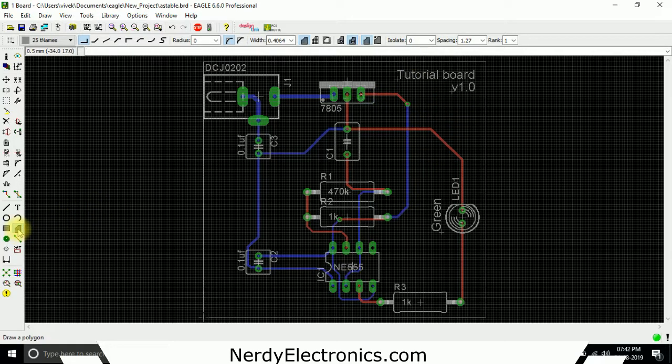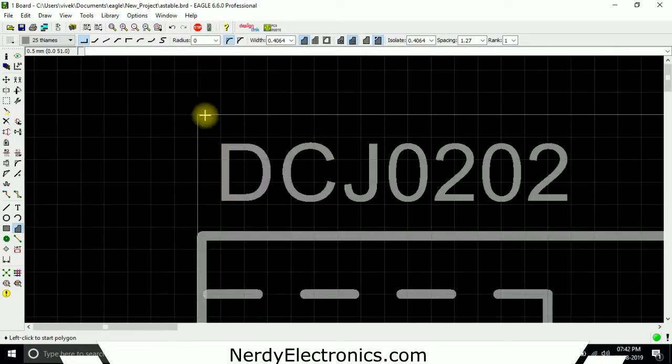We select the polygon tool and here we select orphans. We select to keep orphans. We'll see what this means and we'll set the isolate to 0.4. Now we go up, we start from this point. Sorry, this is the T names. We want